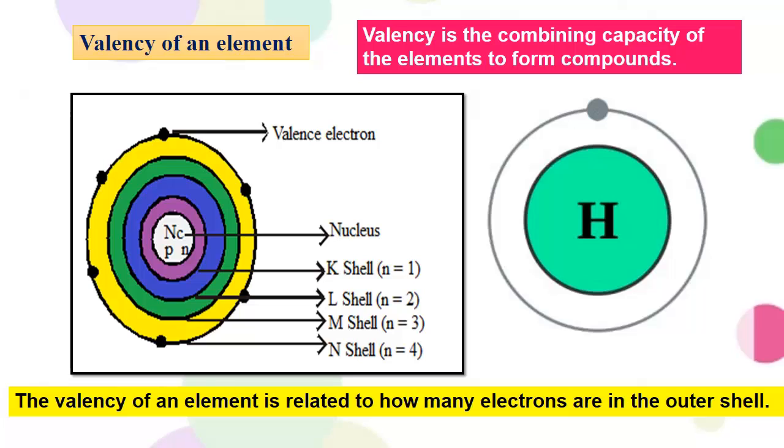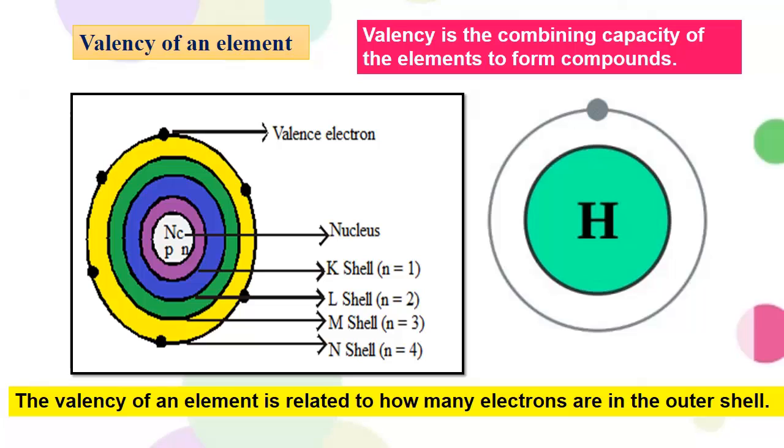So the question is how these elements are combining. How do we determine its combining capacity? So children, the valency of an element, or the combining capacity, is directly related to how many electrons are in the outermost shell or outermost orbit. Now, as we all know, the K shell has capacity 2 electrons, L must have 8, M is 18, and here also it means 2, 8 and 8. So the last orbit should have your octet completed.